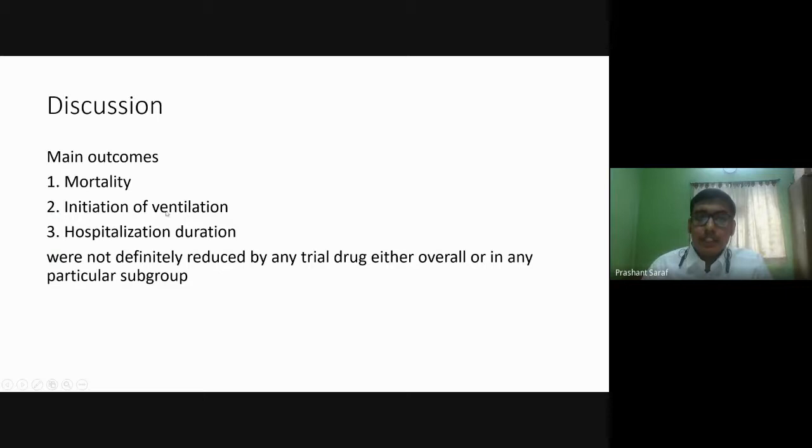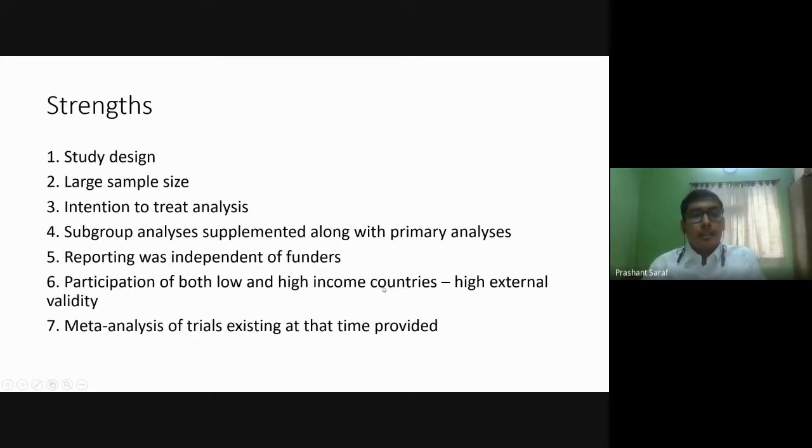The results of initiation of ventilation and hospitalization duration were almost the same. There was no difference between the group receiving the drugs and the control group. So these outcomes were not definitely reduced by any trial drug, either overall or in any particular subgroup. Now, coming to the strengths of this study, the study design is itself a strength, the randomized control trial, as